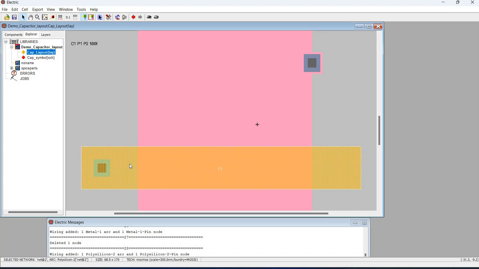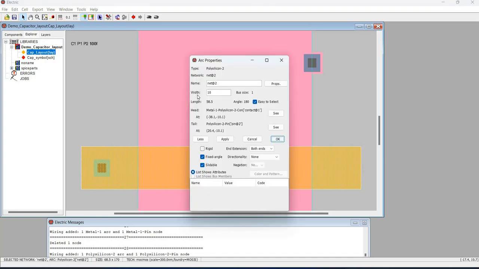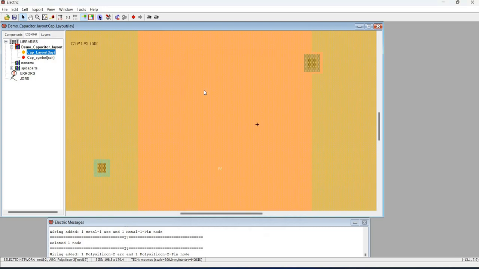So depending on the size of your capacitor, you can adjust it. You can adjust the length as well as the width of your capacitor. So I'm going to assign 140. So you can zoom in or zoom out.